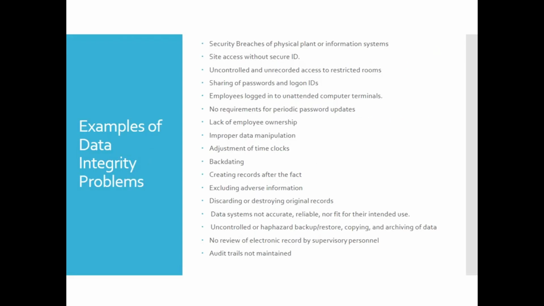So this slide includes some of the examples of data integrity problems. I'll read through them briefly, but it covers everything from data integrity associated with manual entries as well as electronic entries. So we have things like security breaches of physical plant or information systems, site access to individuals without secure ID, uncontrolled or unrecorded access to restricted rooms such as data centers or manufacturing suites, or even document storage centers, sharing of passwords among chemists or analysts, and sharing of log-on IDs, employees logged into unattended computer terminals,